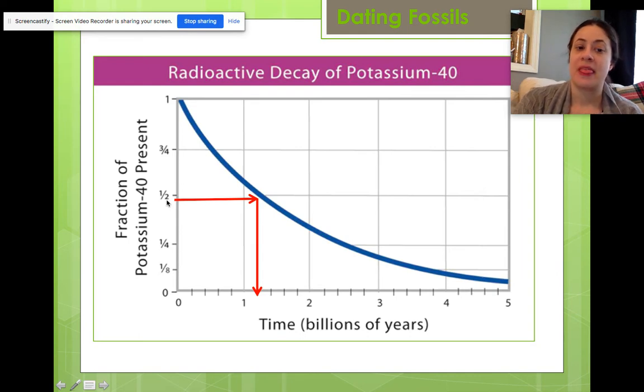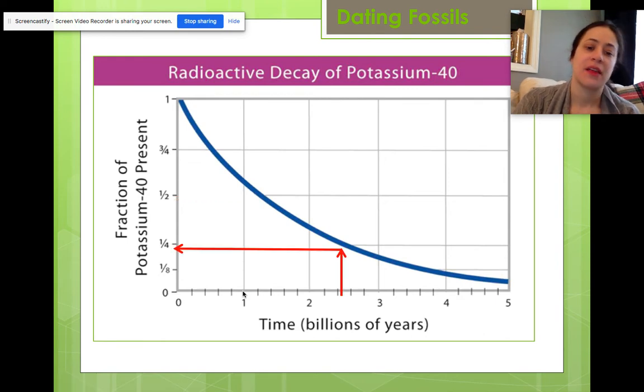So after 1.2 billion years, half of the potassium-40 is left. That's one half-life. Then after a second half-life, only 1/4 of it remains, and our fossil is 2.4 billion years